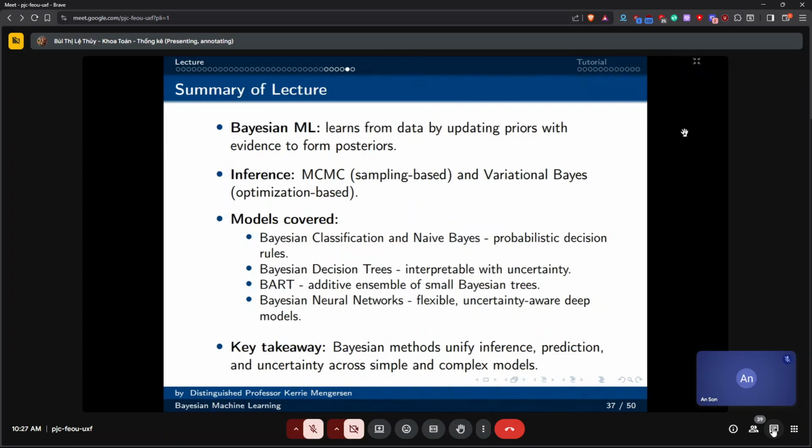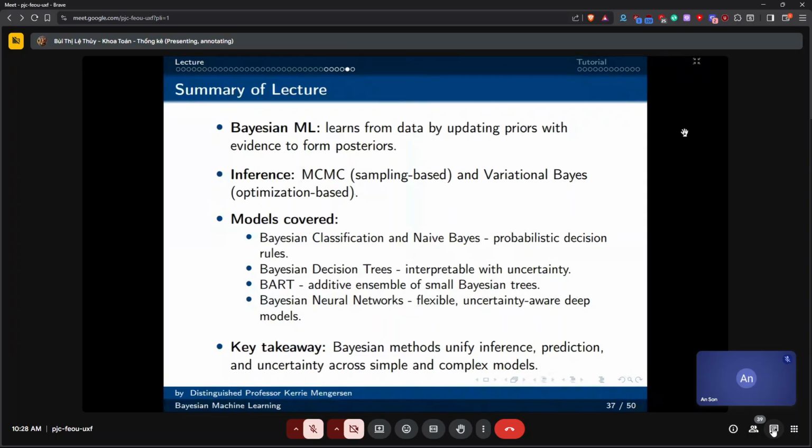And the models that we've covered are Bayesian classification and naive Bayes, Bayesian decision trees, BART, and Bayesian neural networks. So these Bayesian methods unify the way that we do inference, prediction and uncertainty across simple and complex models. Okay, that's the end of the lecture.